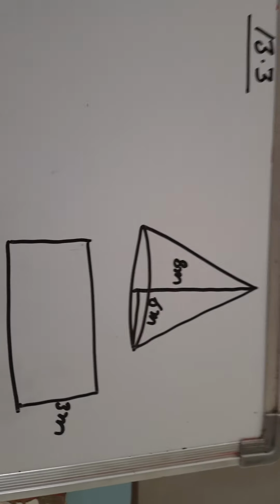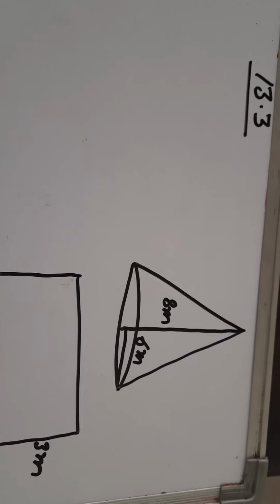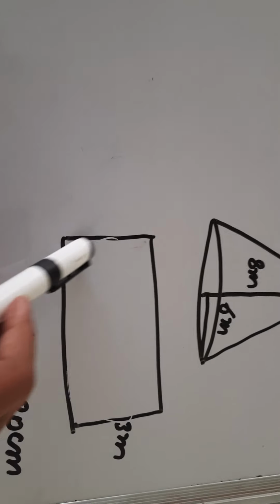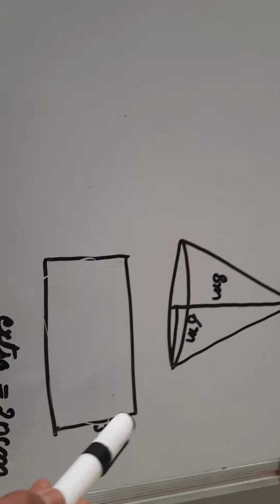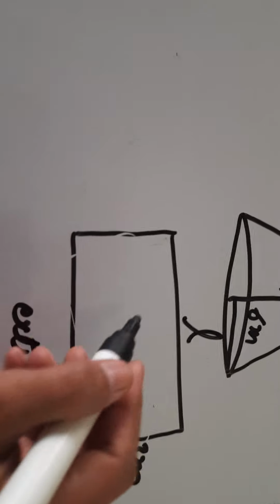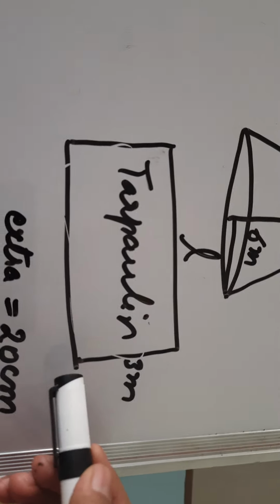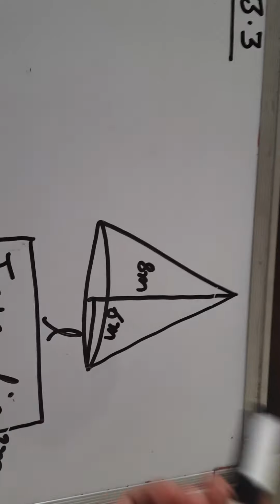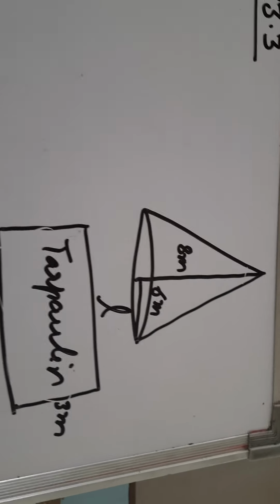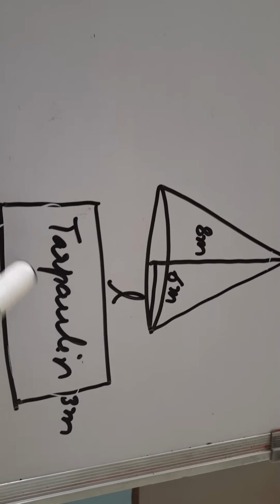So dear students, a tarpaulin is required, as you all know, before giving any kind of shape to the fabric. We get the fabric in rectangular form, right? We get the fabric from the shop in rectangular form. So they are asking that what length of this fabric tarpaulin, which is 3 meter wide, is required to make this conical tent whose radius and height are given to us, right? This is what we have to find out.